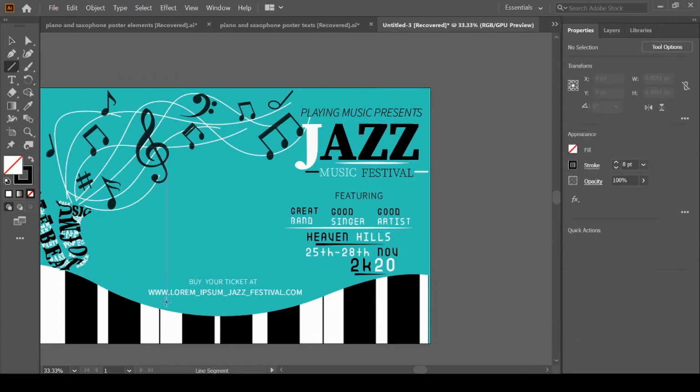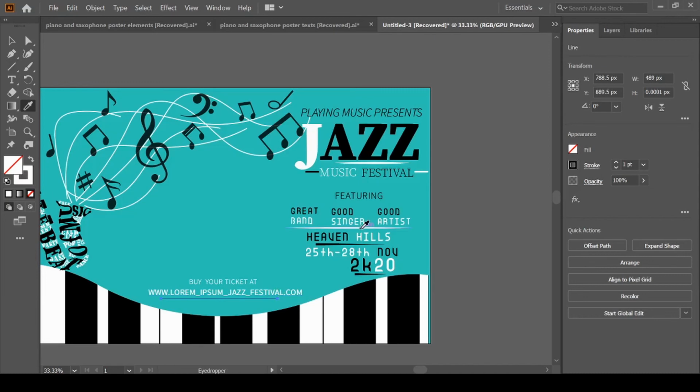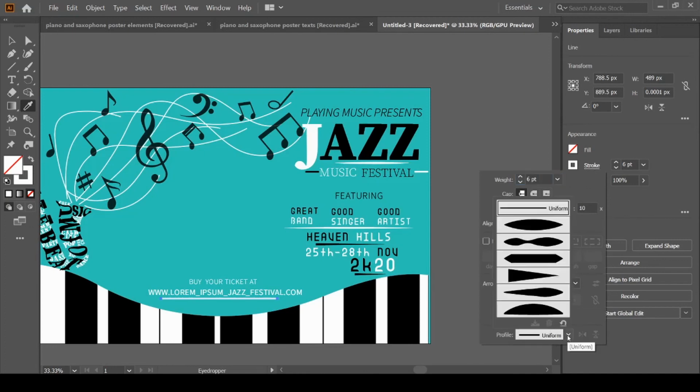Again grab the line segment tool, press Shift to make a straight line, I for the eyedropper tool, pick this stroke, change its stroke profile to this one.